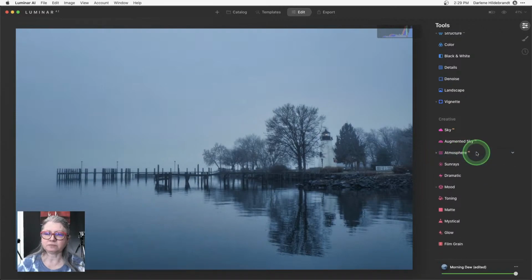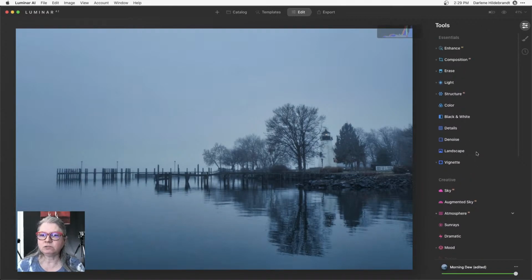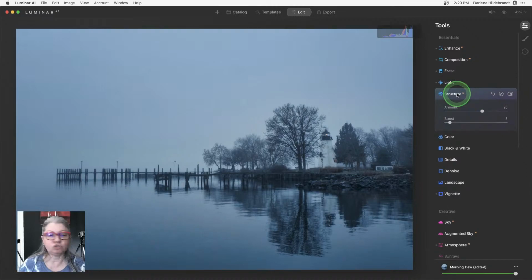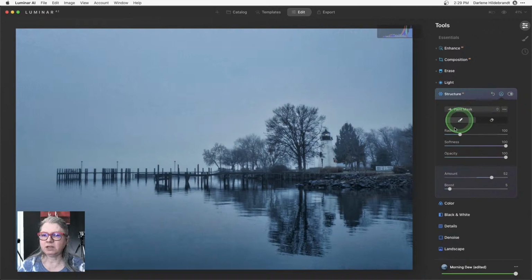That's nice. Now I could do a sky replacement in this one, or I could add some birds or clouds, but I think for me it's very mystical and soft feeling, and I don't want to add any of that. But what I do want to add is what's called the structure that I mentioned earlier, but I only want it on the part that is the land and this dock. Okay, so again, I'm going to mask it. This time I'm going to paint it in.